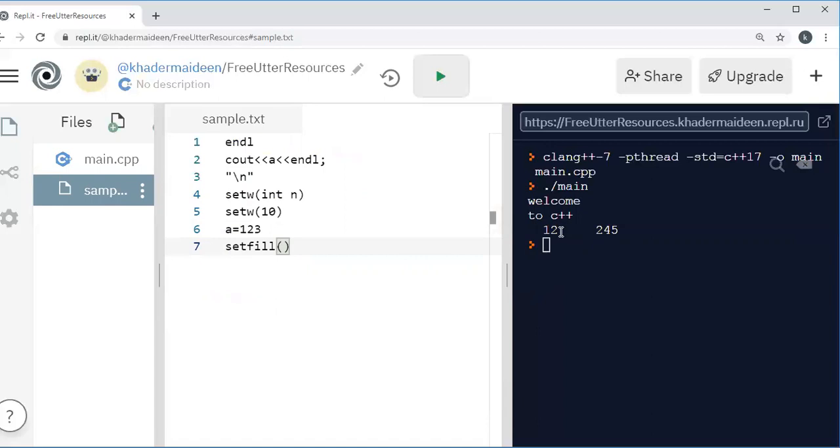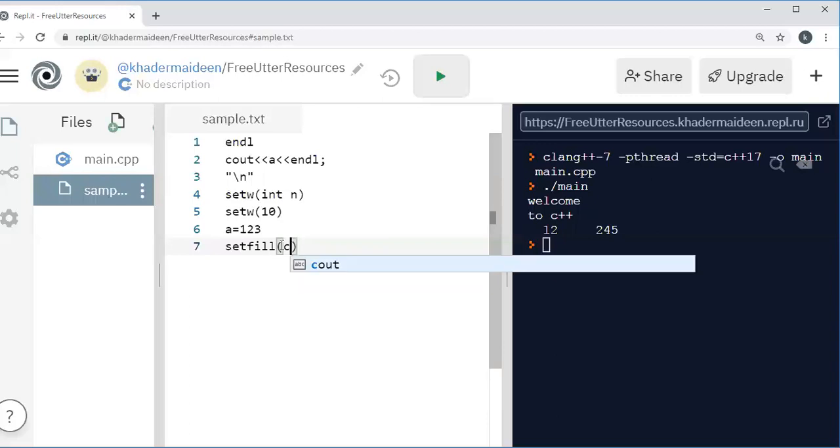Here only spaces are printed. Suppose that if you want to print some character here, we use this setfill function. The general syntax is setfill, then the character f. So what character do we want to fill here?